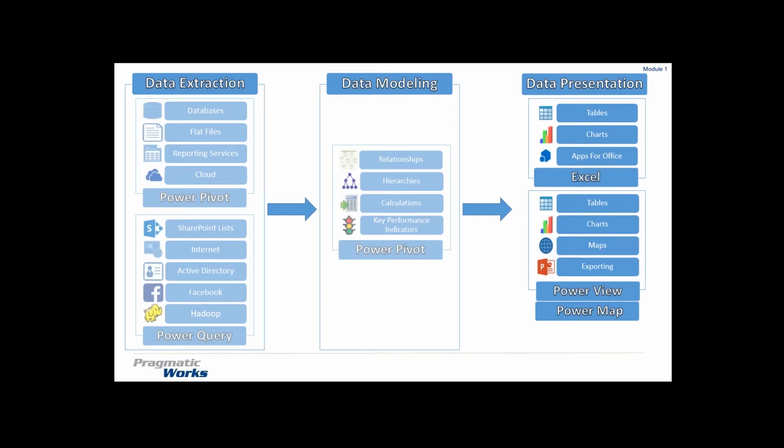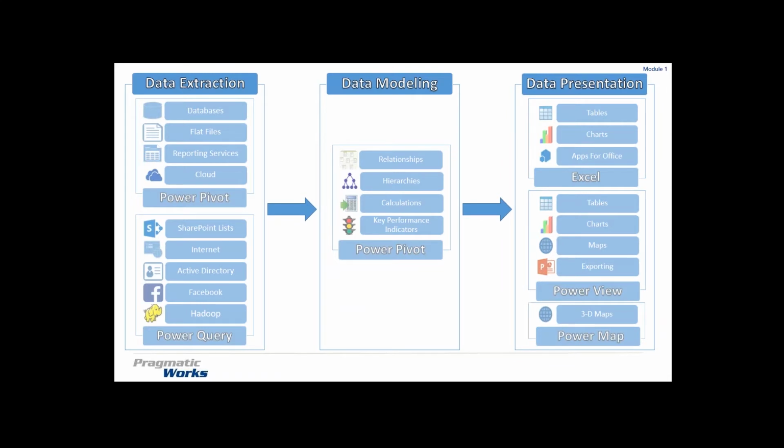The cool thing about PowerView is it also gives you the ability to export your reports out to PowerPoint. So all the interactions we'll do inside of the PowerView report, once we export these out to a PowerPoint presentation, you can still interact with them. It's still live data and everything. So it's a little bit of an interesting way to be able to go into meetings and interact with your data right inside of the PowerPoint presentation rather than having static data inside of your PowerPoint presentation for your meetings. So it makes things a little bit more fun. And then finally, Power Map, again, we'll build some mapping functionality in there.